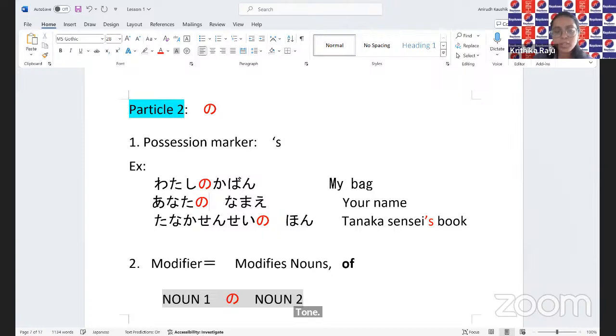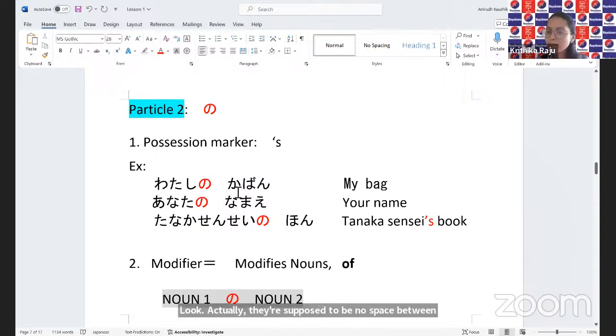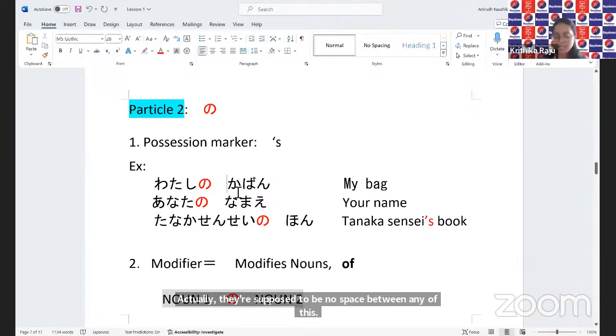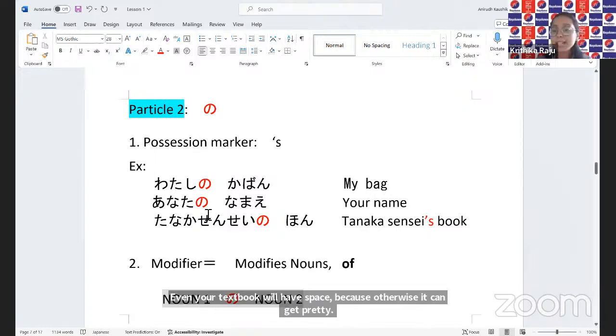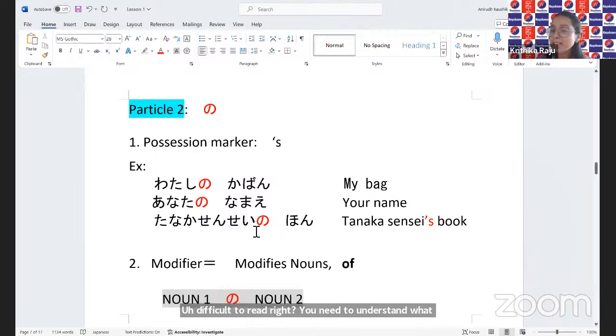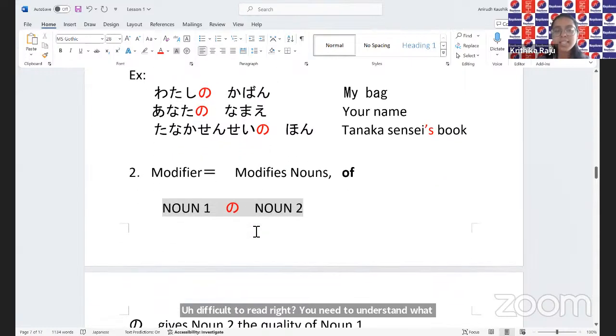Actually, there's supposed to be no space between any of this. It's supposed to be continuous. But initially, you will find that I will include space. Even your textbook will have space because otherwise it can get pretty difficult to read, right? You need to understand what you're reading first. Watashi no kaban, anata no namae, Tanaka sensei no hon. Now, the next